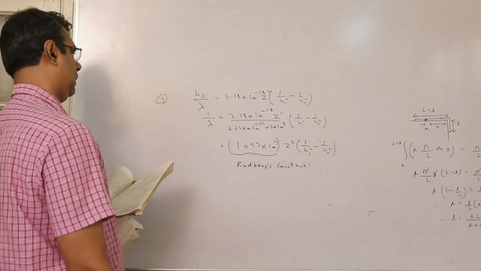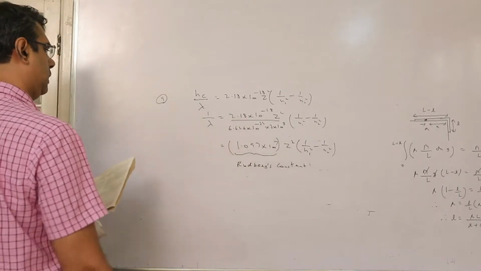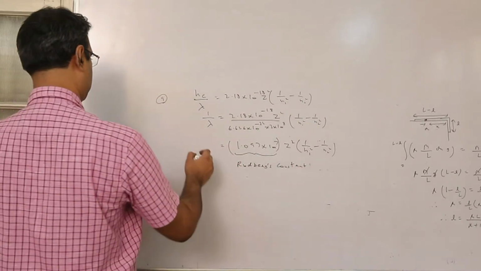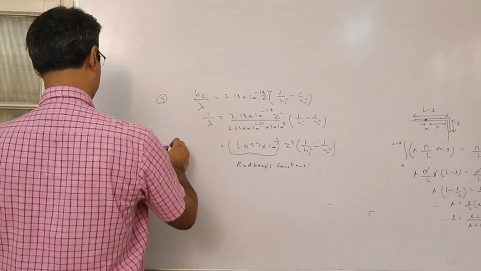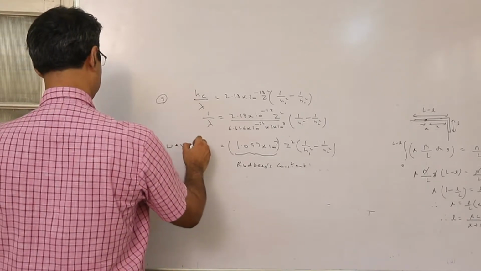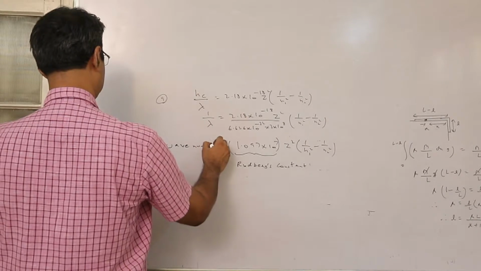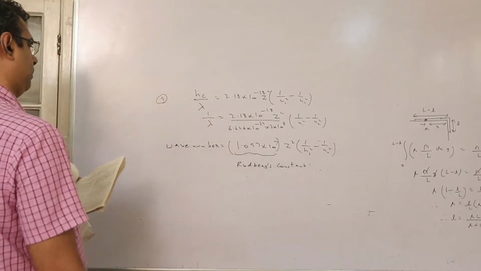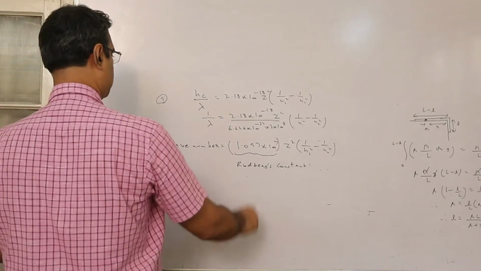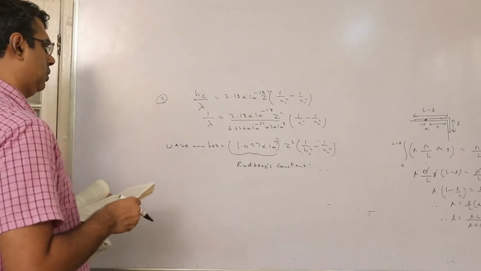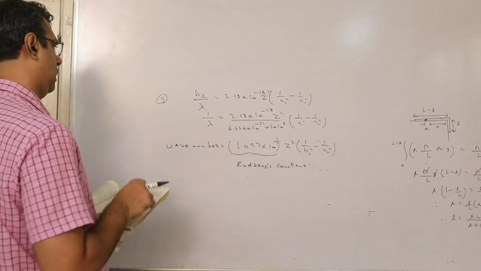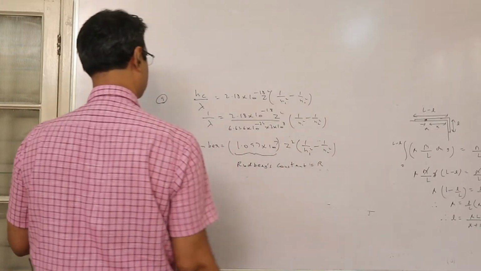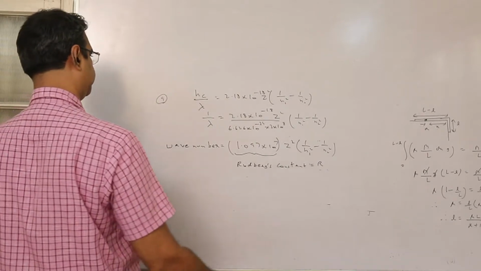So we are getting 1 by lambda is equal to Rydberg's constant into Z square into 1 by n1 square minus 1 by n2 square. And 1 by lambda is also known as wave number. So this is the equation for finding the wave number due to a certain transition. So if you denote Rydberg's constant by R,